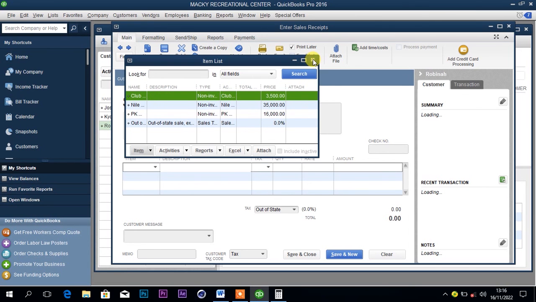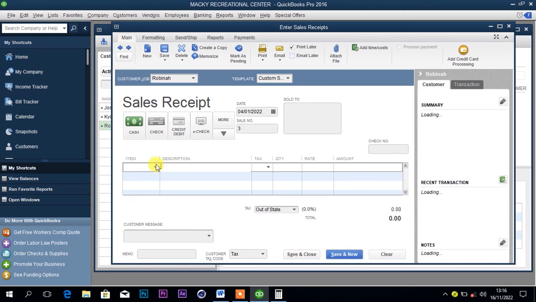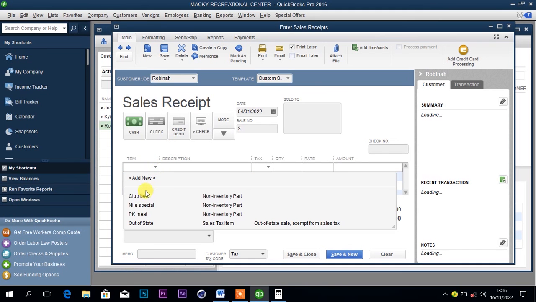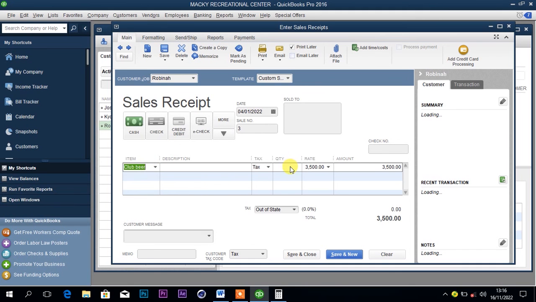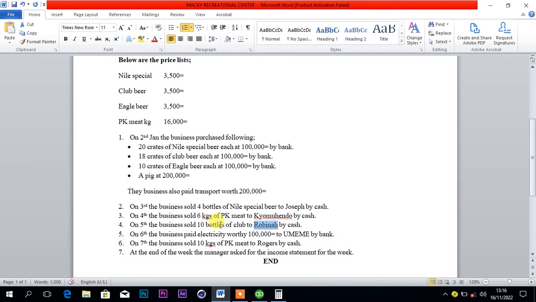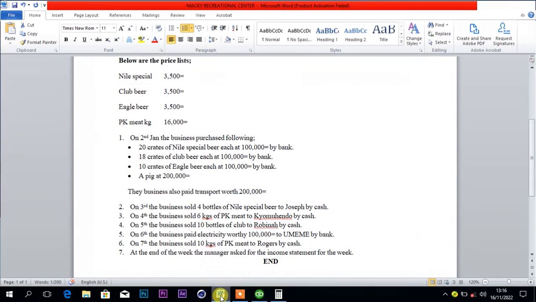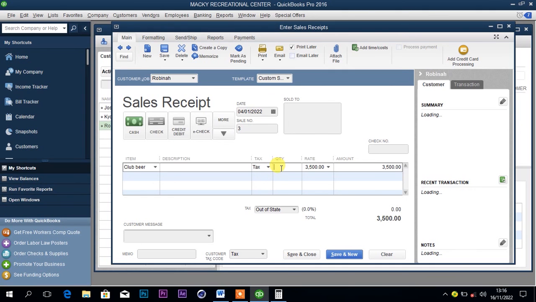Then you come back now to our receipt here. So you're going to select the item here as club beer. Then the quantity was how many? She took 10 bottles, so we are going to select 10 here as quantity. Then afterwards you come and